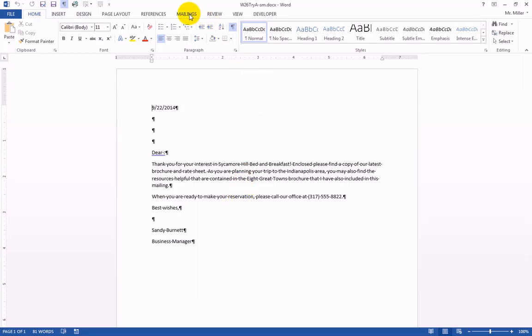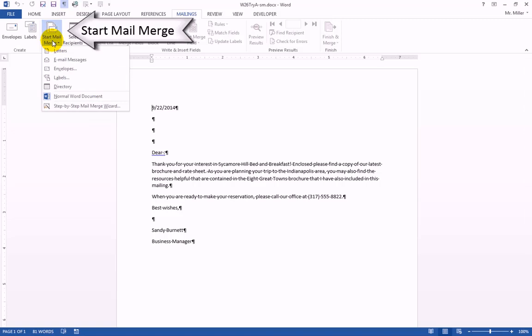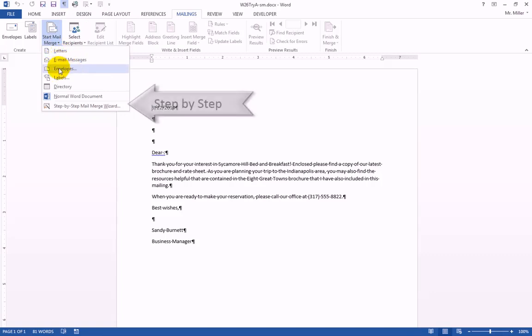Mail merges start by going to the Mailings tab. Hopefully that makes sense. So here on the Mailings tab, what we're going to do is we're going to click on this button that says Start Mail Merge. Now guys, on here you're going to see an option of letters and envelopes, emails and